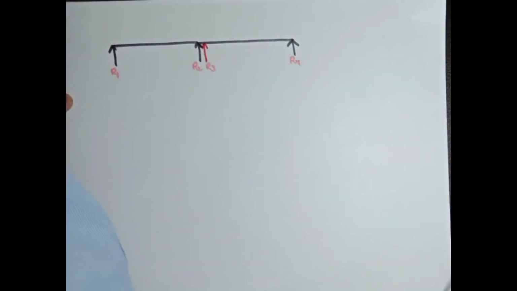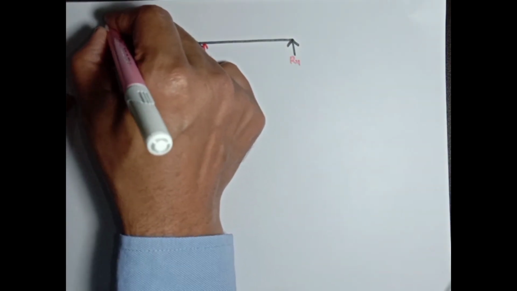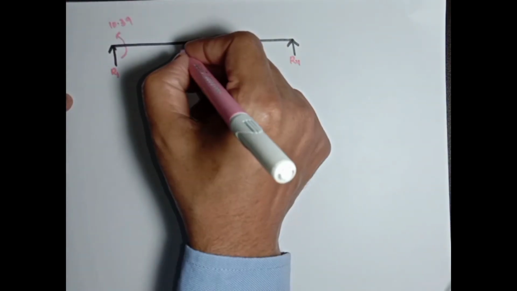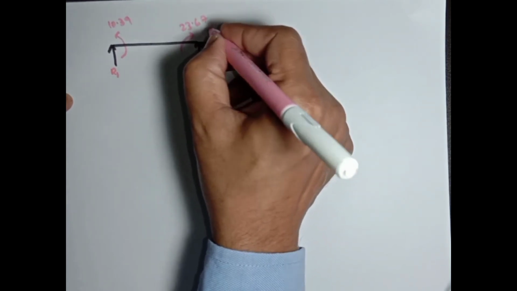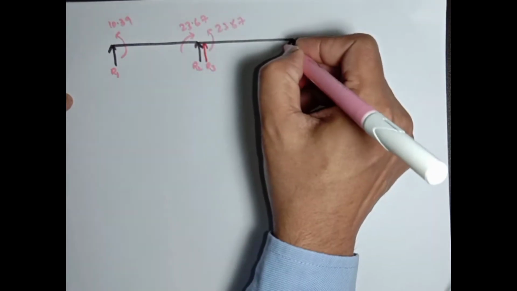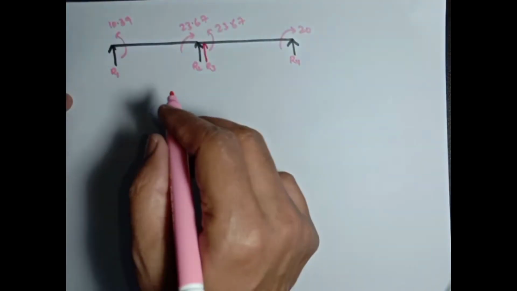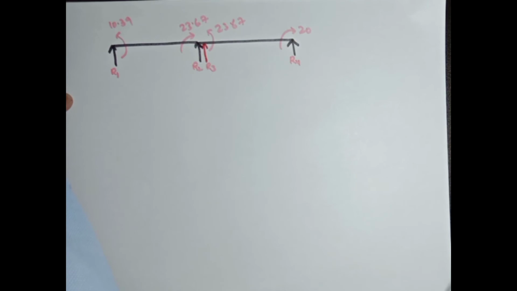And moment value will be here 10.39 anti-clockwise. Here it will be 23.67, and here it will be a clockwise moment of 20, and it will